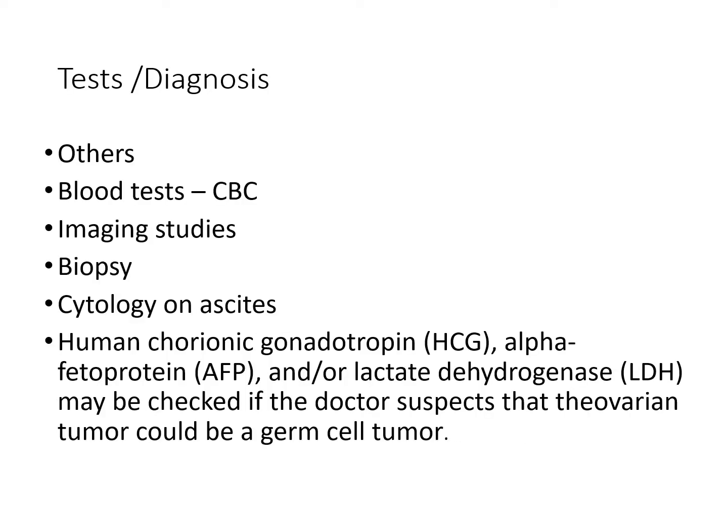So you're going to be looking at your other tests as well, like I mentioned. So blood tests, looking at your CBC, your imaging studies, your biopsy as needed. You're going to be looking at cytology on ascites. So some patients actually end up with ascites, and we're very familiar with ascites already. We've talked about how that looks. So what you want to do essentially is just collect some of that ascites, and then you want to send the specimen off, and you want to see if there's any type of cancer cells in it. So they could do this with their paracentesis essentially, and collect some of the cells.